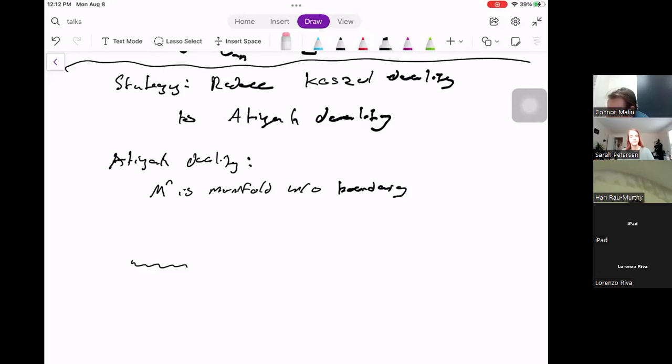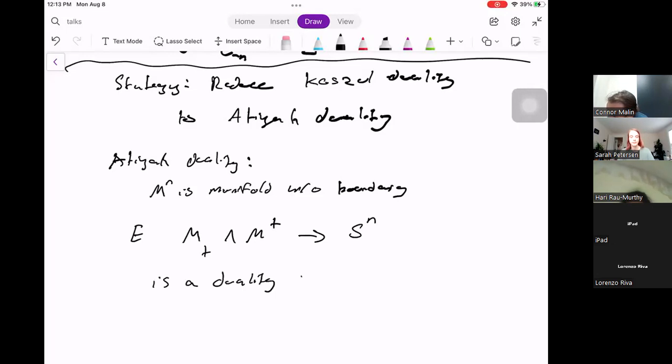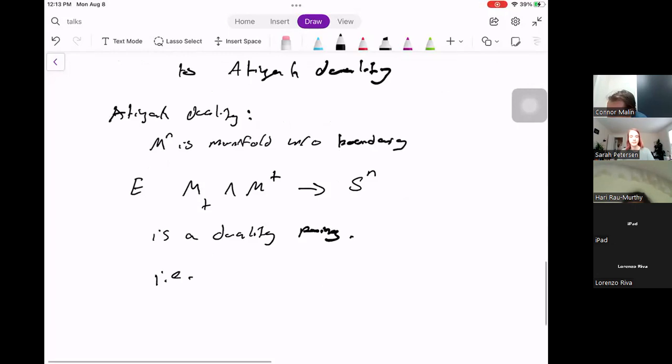Let me phrase this in a different way, which makes it more straightforward. So we know that there is a duality pairing between M plus and M plus, which takes values in the sphere. Okay. So this is a duality pairing. And a duality pairing means that if I look at the adjoint in spectra,